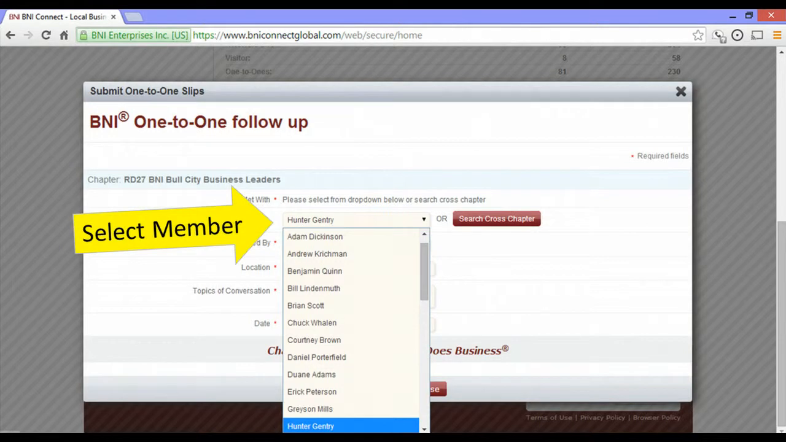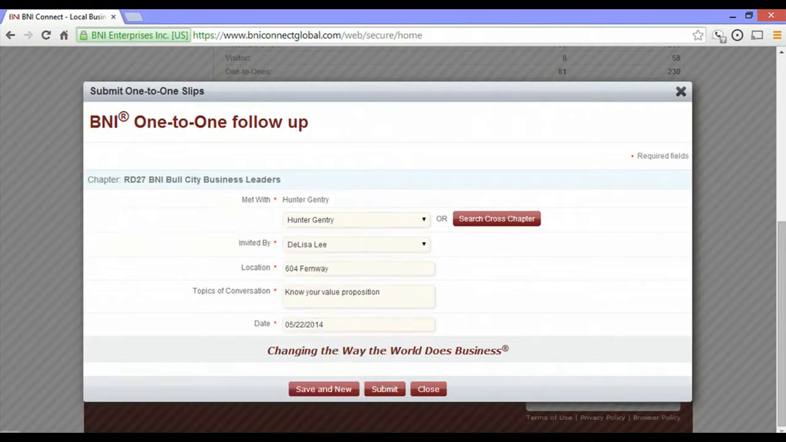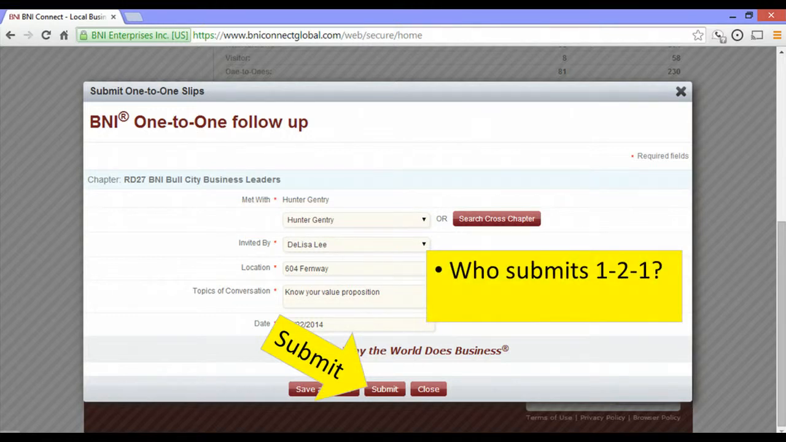Again, you're going to select the member to whom you're giving a one-to-one and fill out this form. If that person is not in your chapter, click the Search Other Chapters cross-chapter button and select the appropriate member. And you're about to hit submit, but let's answer a couple of questions. Number one, who should submit